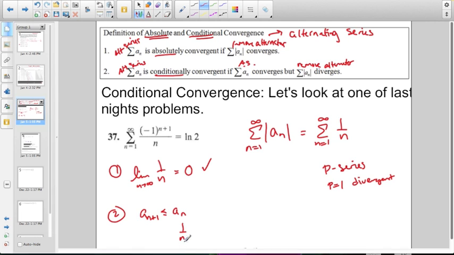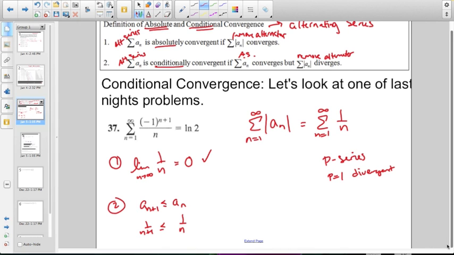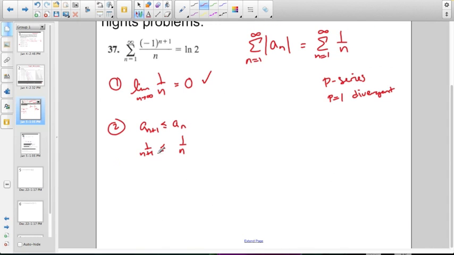So we're going to take a look at 1 over n, and we're going to compare it to 1 over n plus 1 and go through that mathematical derivation. So we've got 1 times n is less than or equal to n plus 1, which is a true statement. And so we know that, in other words, for this problem in particular, the alternator, as n goes from 1 to infinity, converges